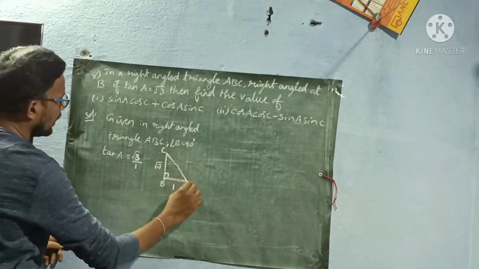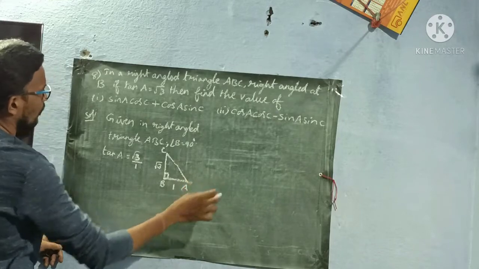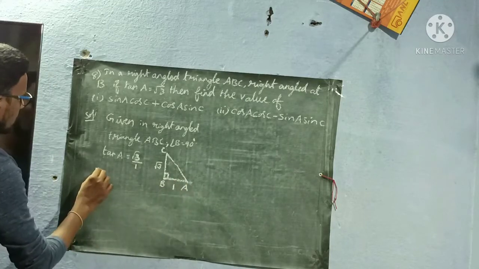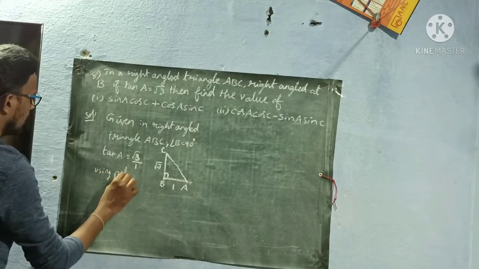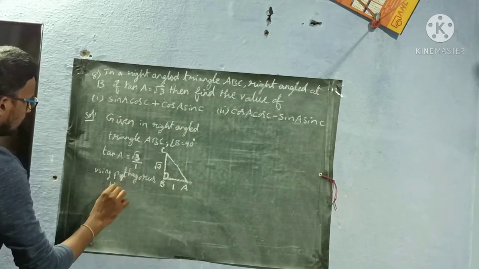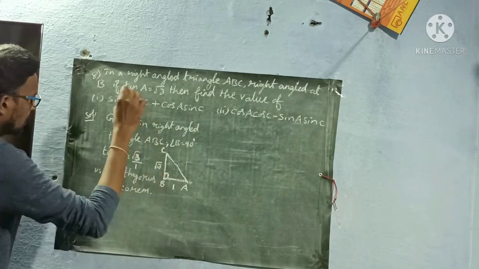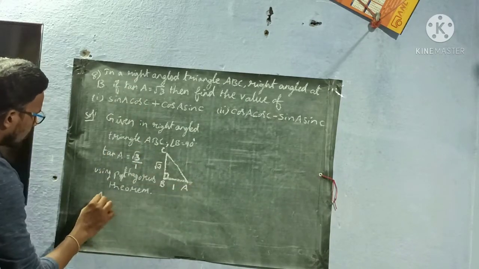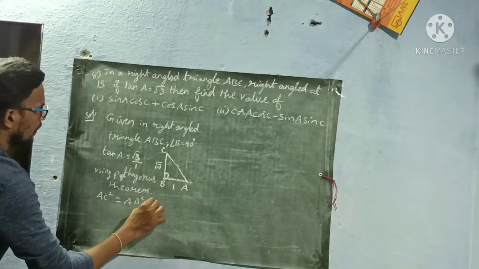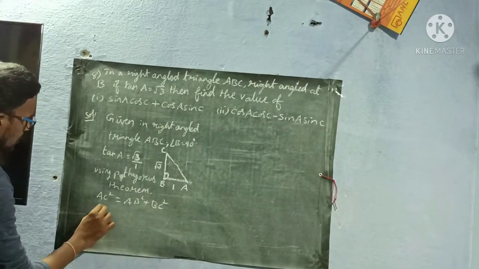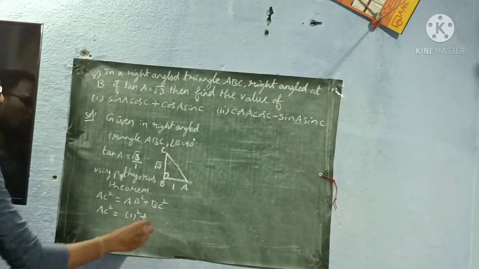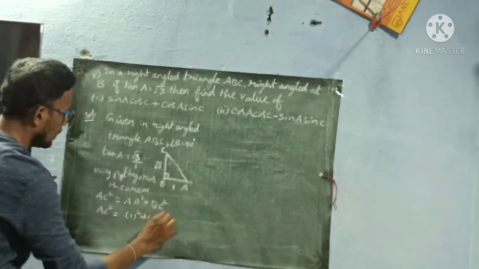So now let us find AC here. So AC from figure, if not, using Pythagoras theorem. So here also I should use Pythagoras theorem. So using Pythagoras theorem, I get the hypotenuse, that is AC square is equal to AB square plus BC square. So AC square only I want. So AC square is equal to AB square, how much? 1 whole square plus BC square, that is root 3 whole square.